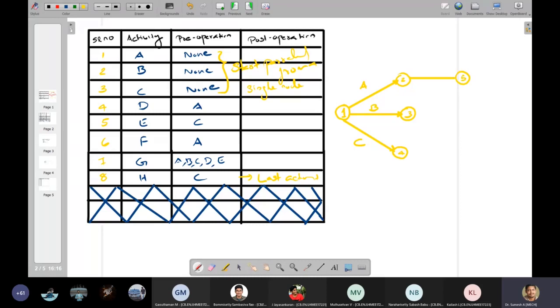That particular activity is D, which has a predecessor of A. Now what is the next activity? The next activity is E, which has a predecessor of C. So from C, I can join node number 6, activity E.